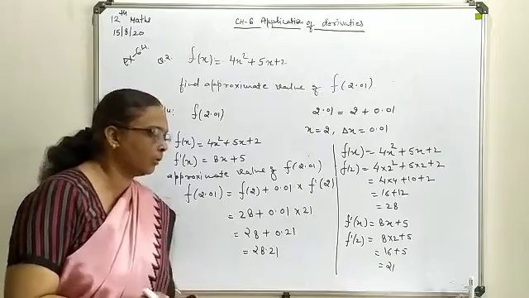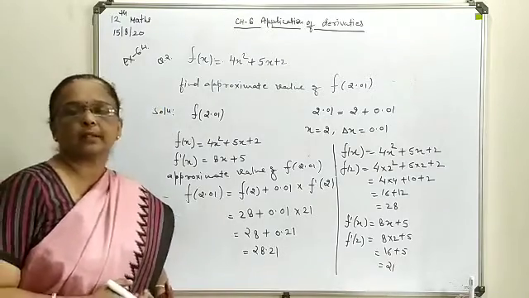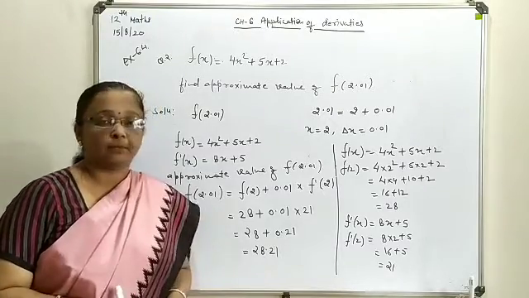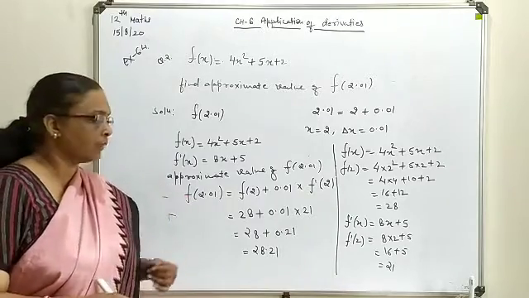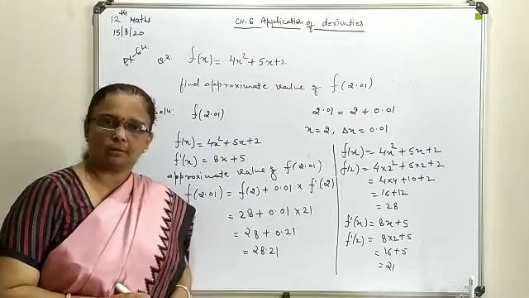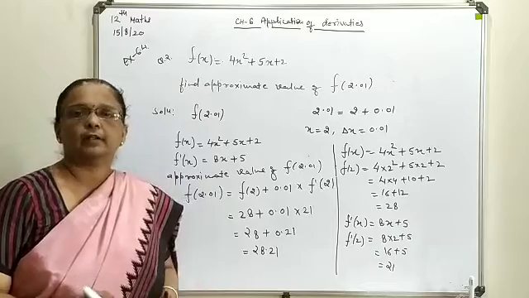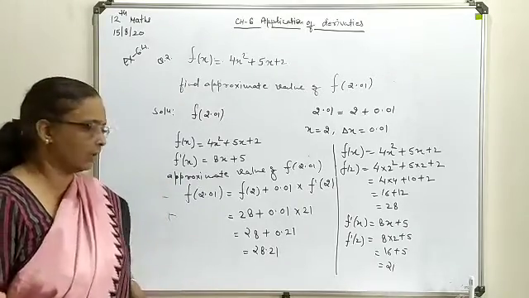So this is all about the different types of combinations we have discussed. Now, a somewhat theoretical question may also be asked with reference to approximate evaluation. For that purpose, I am going to attempt one question. It is not available in your textbook, but that type of question may also be asked to you. So you must have some idea of how to attend to that type of question. One question we are going to attend of that category.